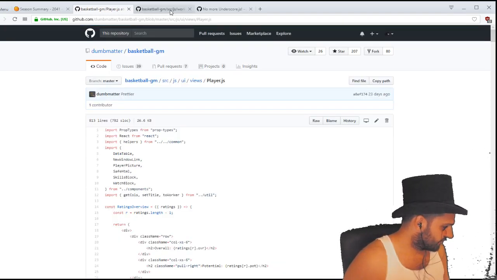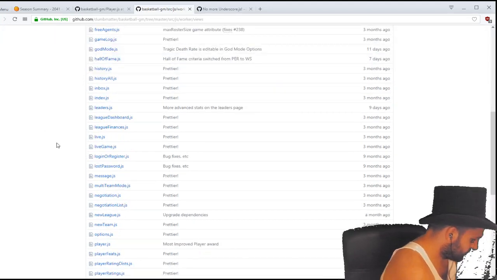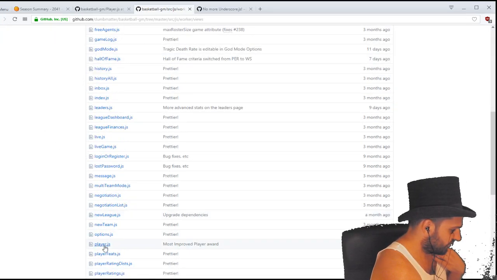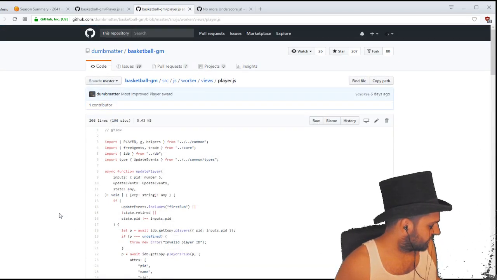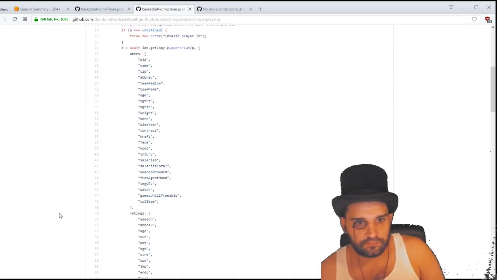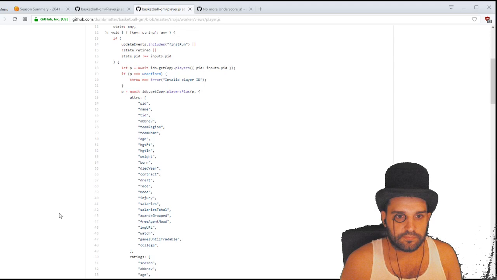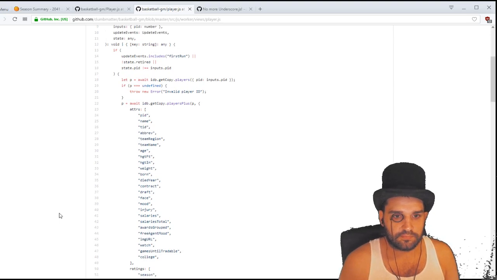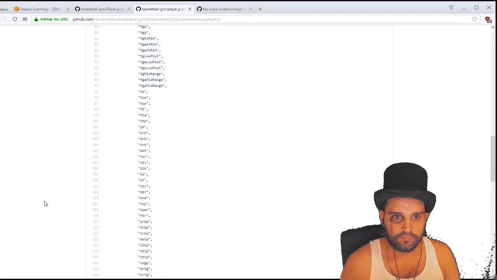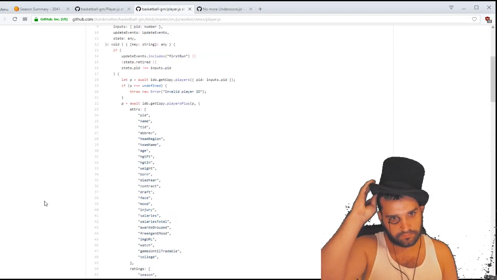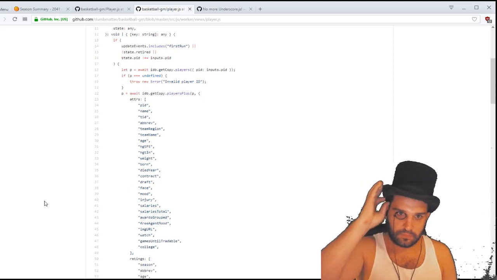So yeah, we'll look at the player page. And actually, let's also look at the back end of the player page. So this is pulling in all the data that is eventually displayed. This is actually a pretty simple function as they go, because all it has to do is gather a bunch of information about a single player. So all the player's attributes, ratings, stats,